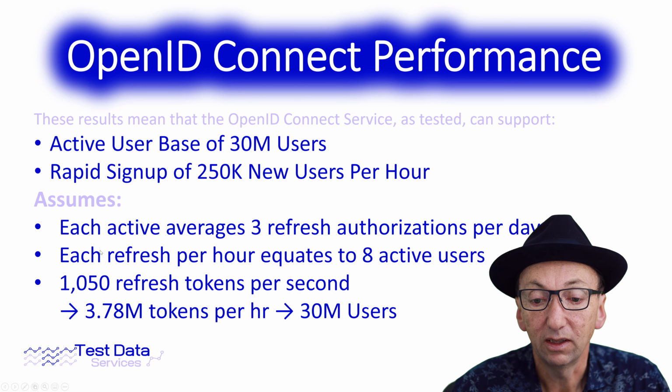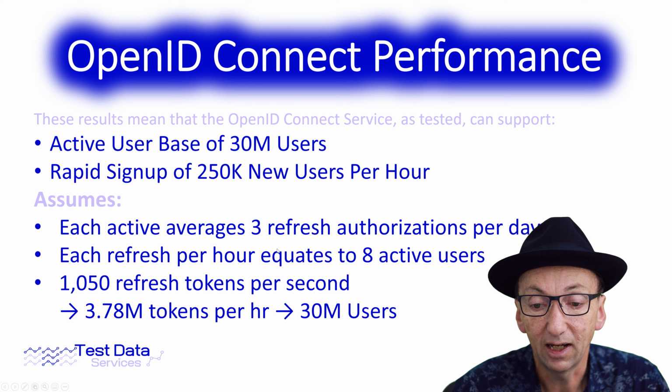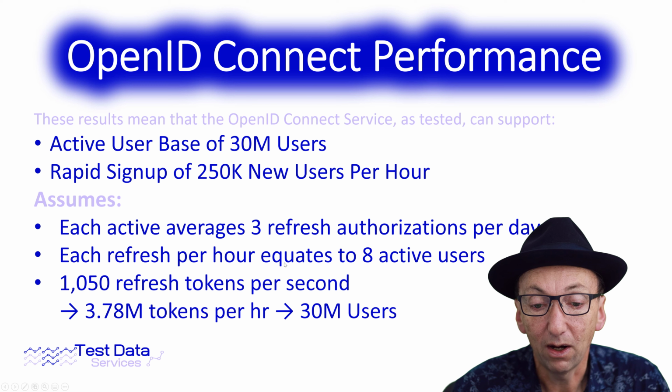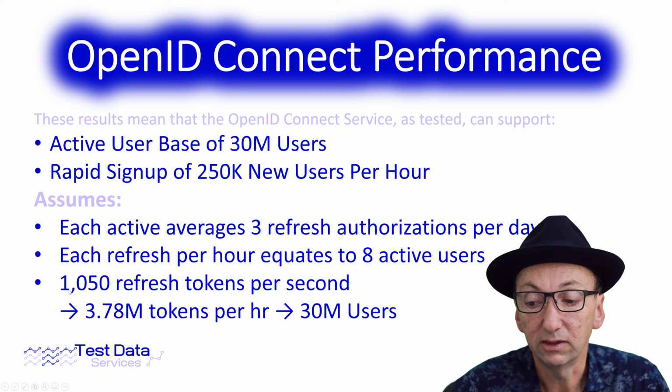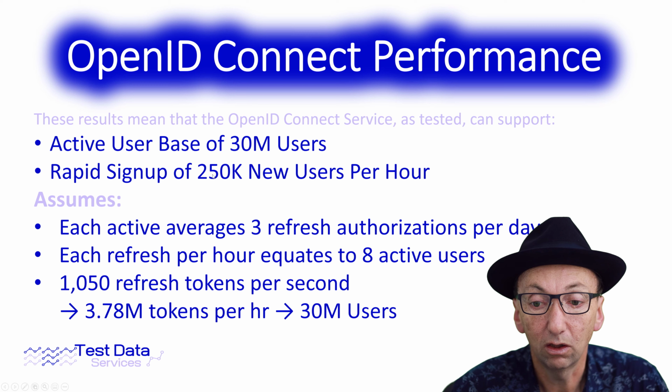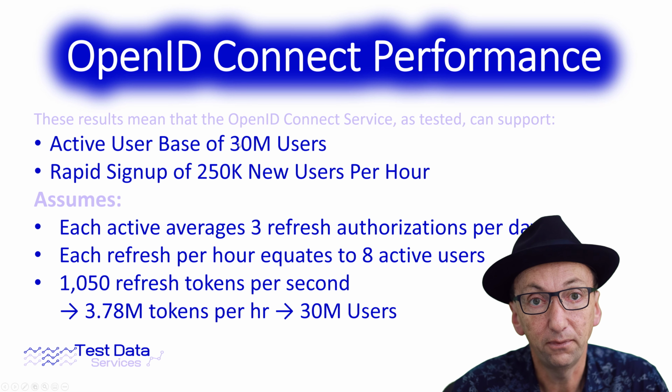And if each user does 3 refreshes a day, that means each refresh per hour equates to 8 active users. We've got in this test evidence that we can support over 1,000 or 1,050 refreshes per second. That's about 3.78 million token refreshes per hour. Multiply that by 8, you get about 30 million users. So that's the justification. So we can handle an increase in load, increase in user base of 250,000 per hour and sustain 30 million